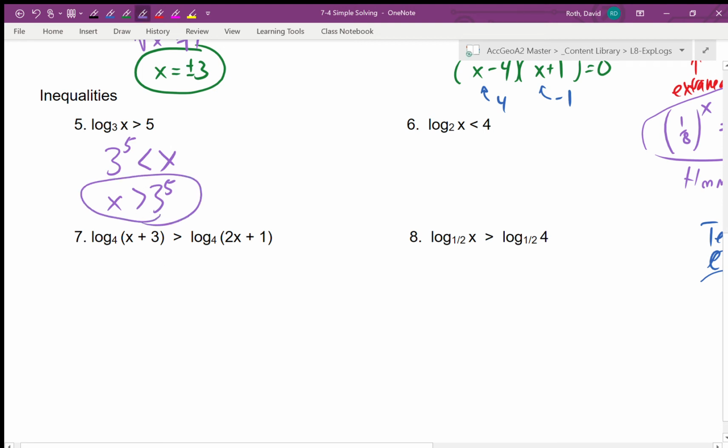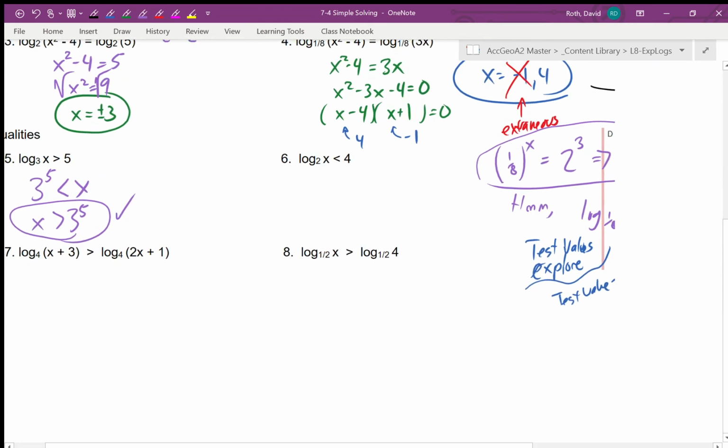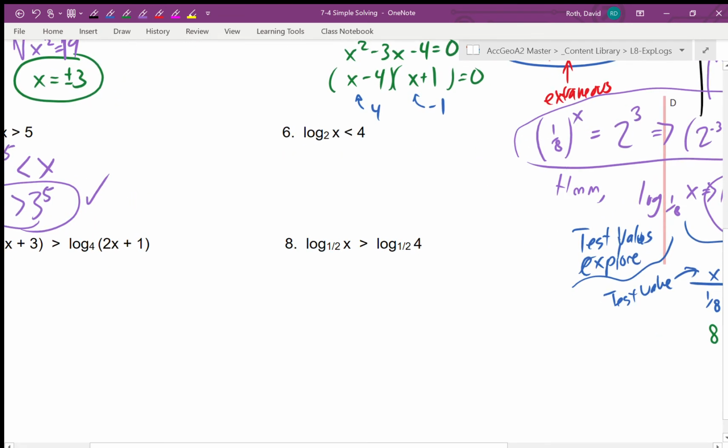If I think this might be correct, well, what if I put in 3 to the 6th here? What is the log base 3 of 3 to the 6th? Because 3 to the 6th is certainly greater than 3 to the 5th. And the log base 3 of 3 to the 6th would be 6, and 6 is greater than 5. So, okay. Seems to work out easy enough. And then I come back over here. Let's do the same little rule we had. 2 to the 4th greater than